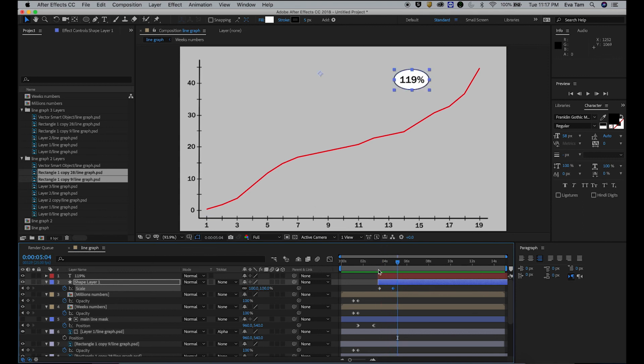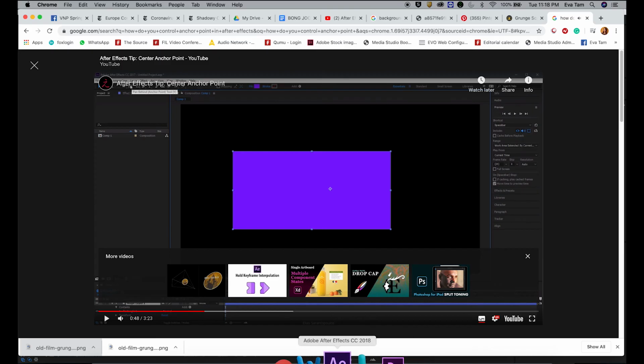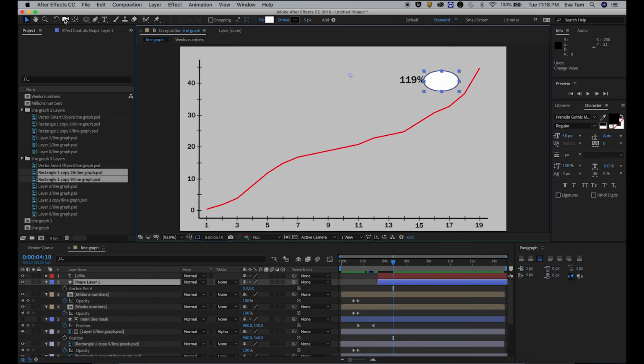But you see how the circle is coming from this midpoint? The reason why is because this is the anchor point. So in order for it to actually appear right here, you need to move your anchor point. So if you want to use your anchor tool, there's a pan behind. Oh, it's Y. Okay, and then you can drag this over to here. Okay, so that makes sense.